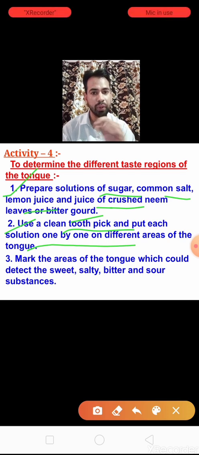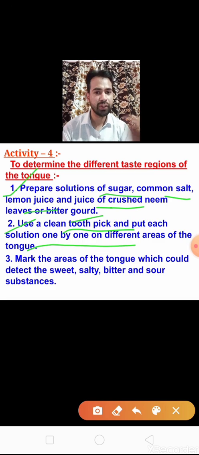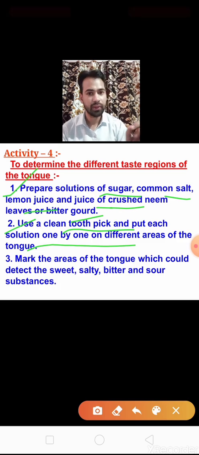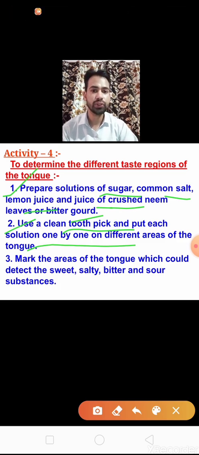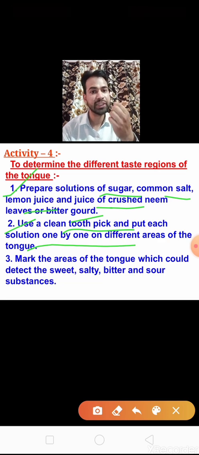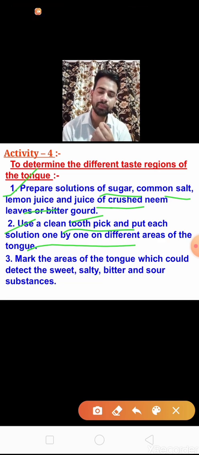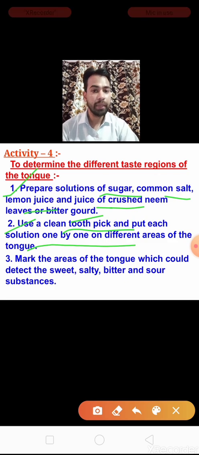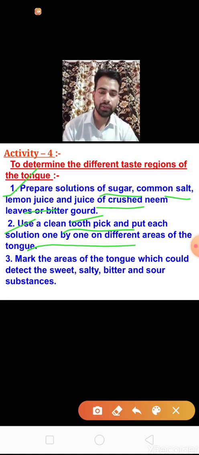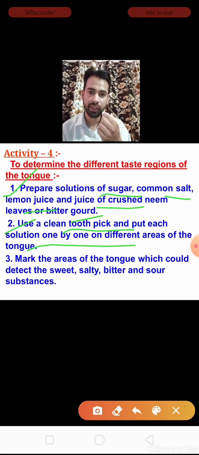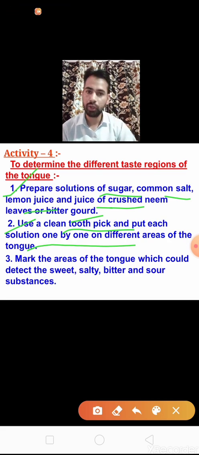Note down the taste of the first region of the tongue. Now use another toothpick or the same toothpick and take salt. In the second region you can check what the taste of the second region of our tongue is. Now the same way, take the lemon juice and put it on the third region of our tongue and note down your observation.